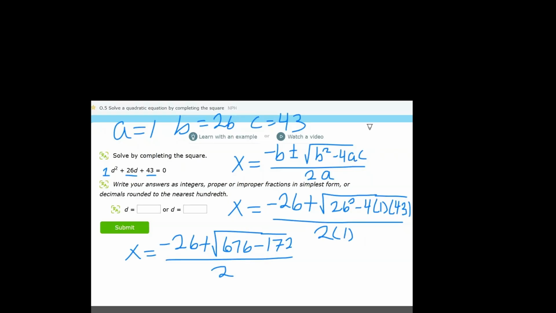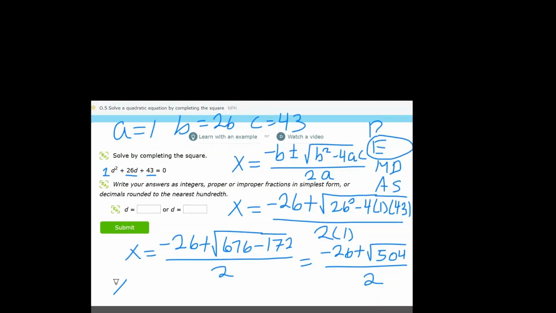And if you think back to PEMDAS, which is our order of operations, the square root falls under exponents. So we're going to do whatever's underneath the square root first. So this is negative 26 plus the square root of 676 minus 172, which is 504, divided by 2. Now you can just put this into your calculator and you should get x is equal to negative